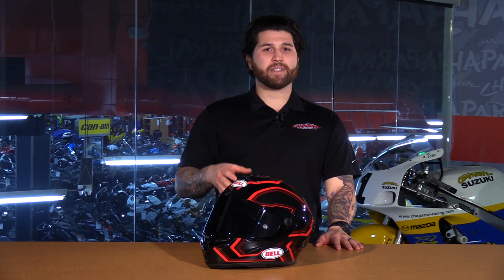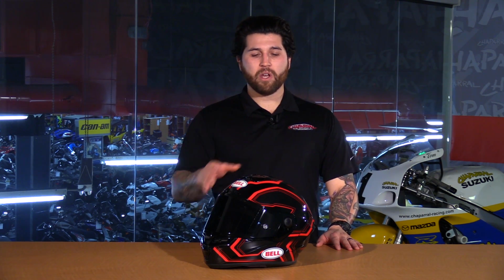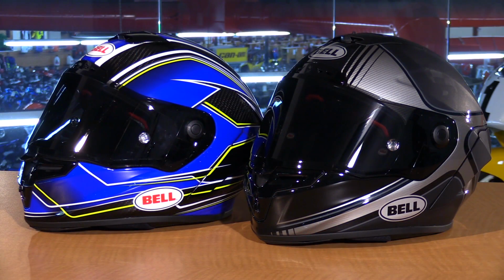So here we have the all-new 2016 Bell Star full face helmet. This is part of the new Star series, which consists of 3 helmets in the collection. We have the Star, the Race Star, and the Pro Star. This one is more around that $500 range, and it also accommodates riders that ride on the street as well